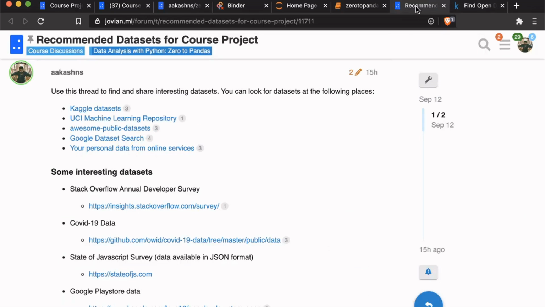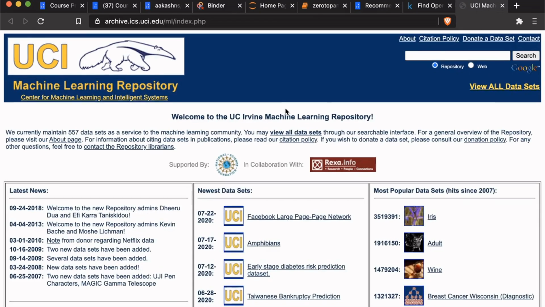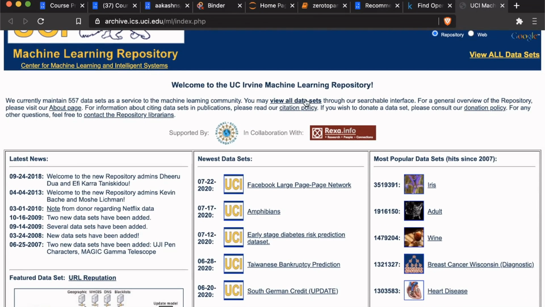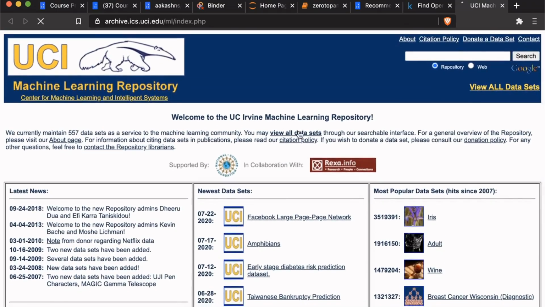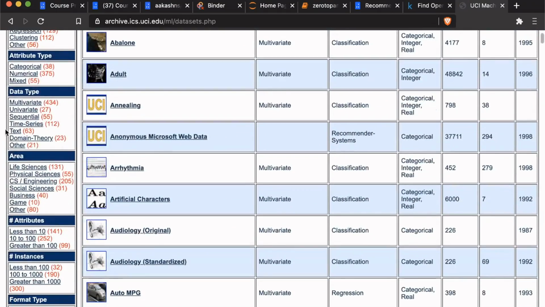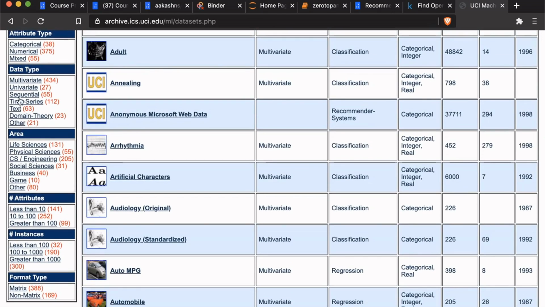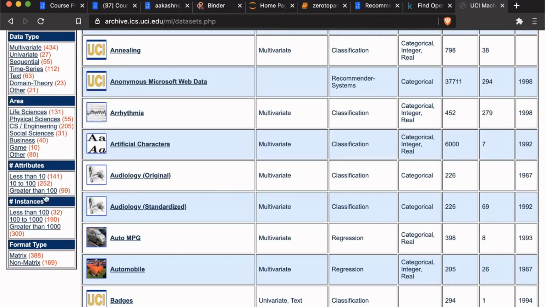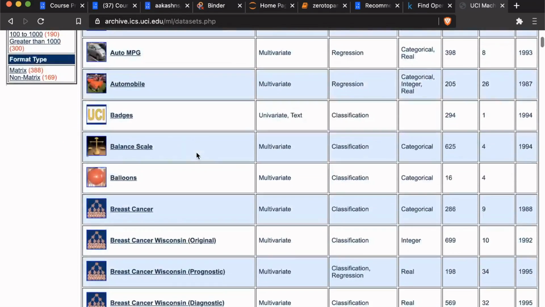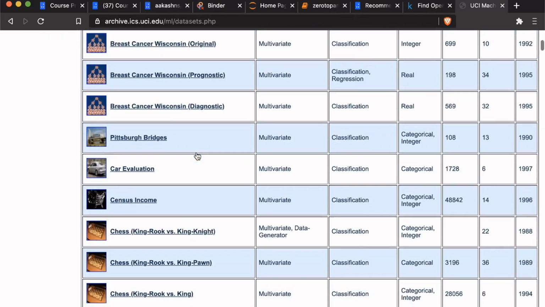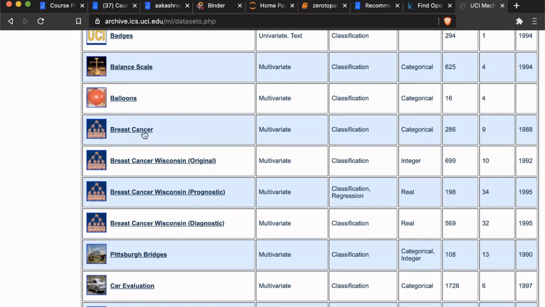So that's Kaggle datasets. Then similarly, you have the UCI machine learning repository. This has a whole bunch of datasets too. Here you can, for example, just click on view all datasets, and you can even filter it with different areas, different attributes. You can see different data types and different instances, and use that. So here, for instance, is the breast cancer dataset.